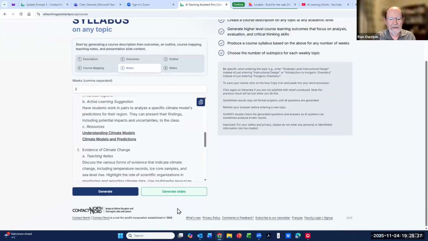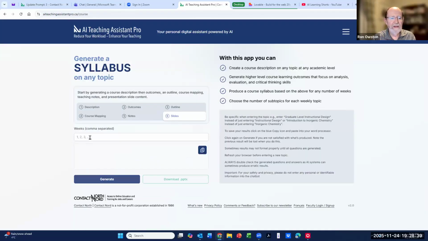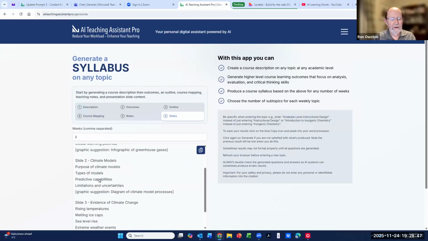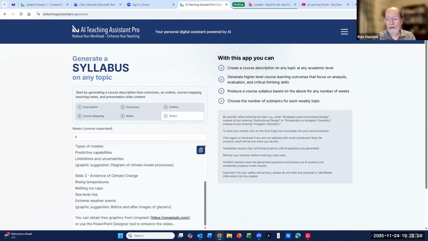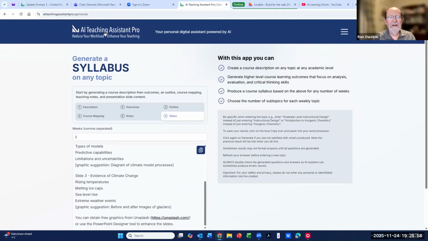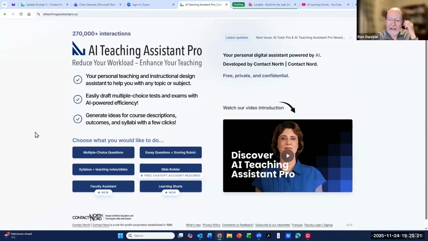And then the last step is you can generate PowerPoint slides. Go to week 2 and generate PowerPoint slides. Right now it generates the text of the slides. And if you're not happy with them, you can just regenerate, of course, and then download a PowerPoint from it. So it's an amazing tool. It does a lot of the work for you. But it's not meant to replace your thinking and your work, that's the key thing. It's just to really supplement it, to give you some thought about what you might include.